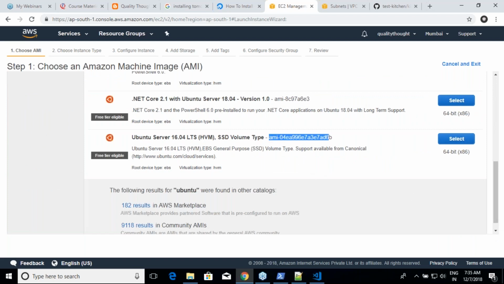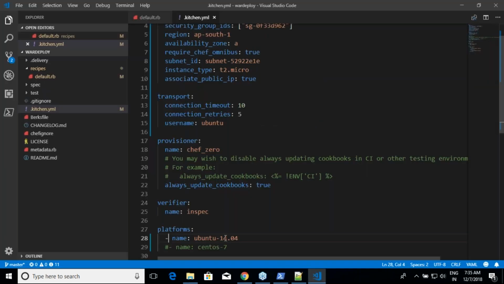Are you seeing this ID? Yes. You can copy it from here, or you can use a platform like Ubuntu 16, but in this case, Kitchen will try to search for you. If you don't want Kitchen to be searching for it, just say this. Over here, you can say that I am very specific about my image because I know my ID.